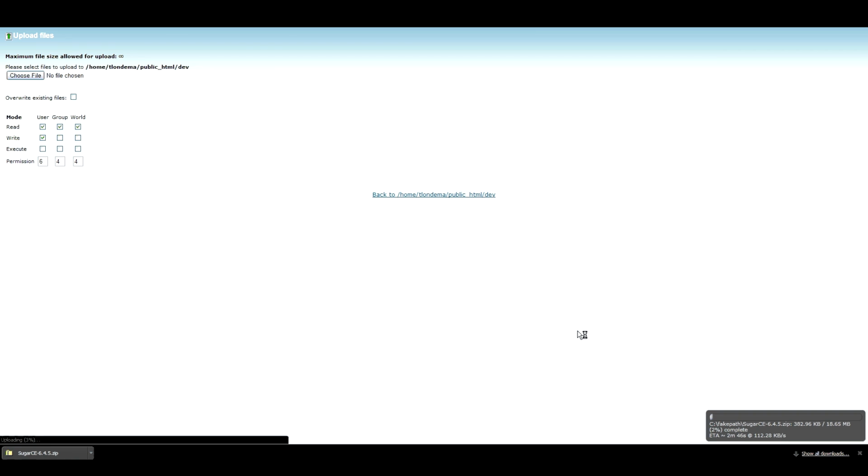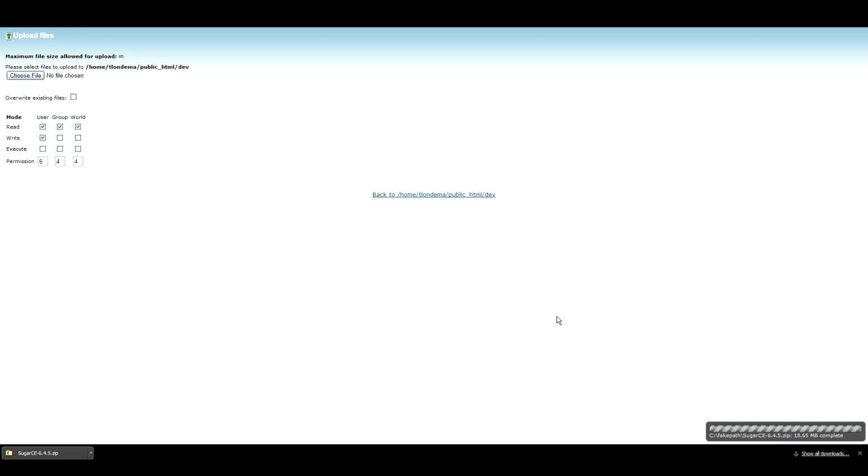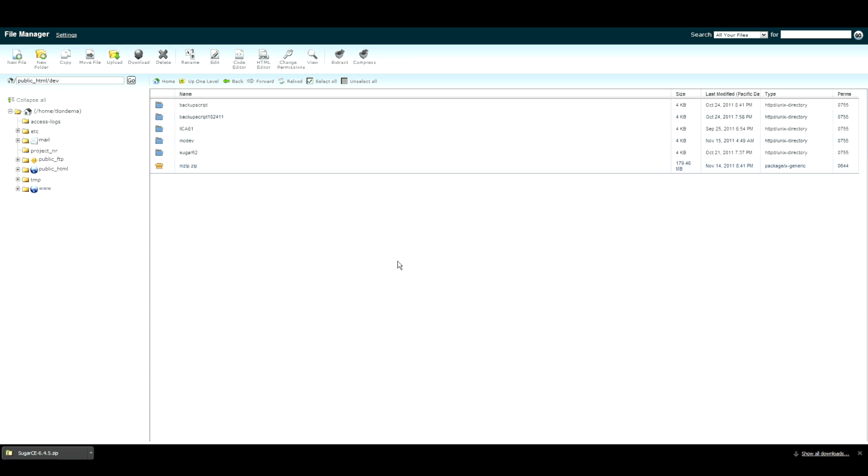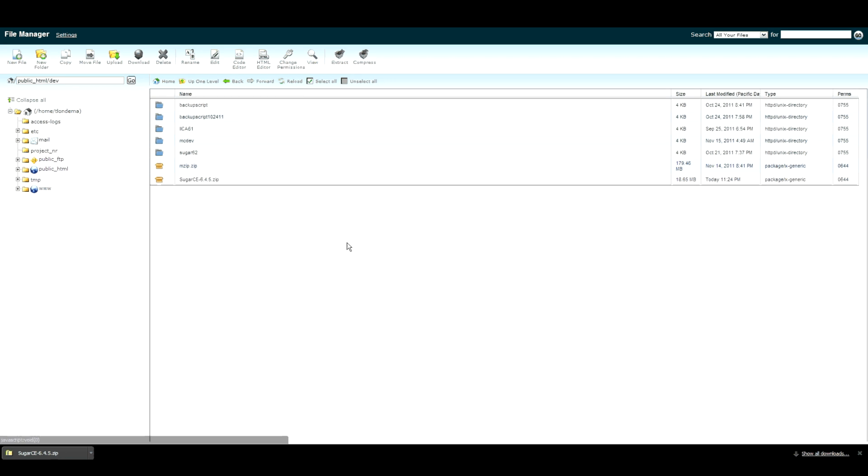And again, time necessary to do that will vary based on your internet connection and so forth. So once it's completed, you'll notice on the bottom right hand side, it'll say that it's completed. So now we can go back to the file manager screen, and you'll notice that it still doesn't actually show any files there for us, so we need to actually refresh this. So what we want to do is just click the reload icon on the toolbar, and sure enough, there's our